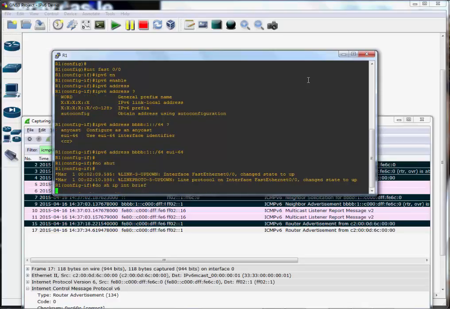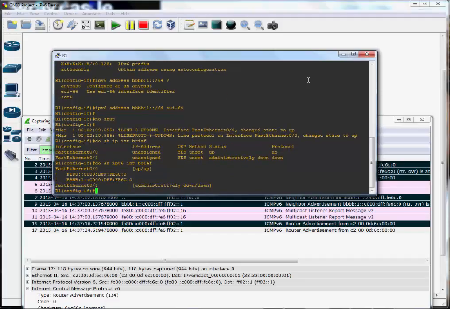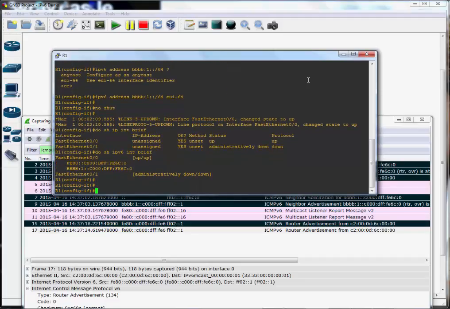Well, let's have a look at the interfaces before we go on. Do show IP interface brief. Of course, that reveals nothing because that's the IPv4 side of life. So if we repeat that but put the v6 in there, we'll see the addresses associated with FastEthernet 0/0: the link local address, the FE80, and the unicast address that started with the prefix that we set, BBBB:1,